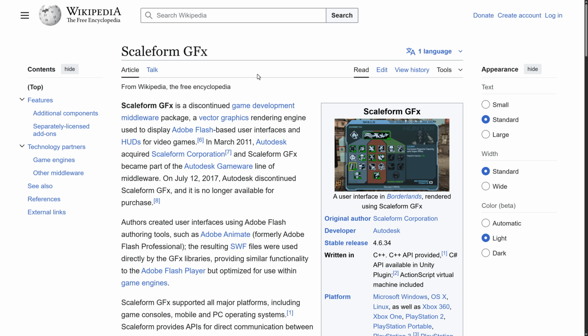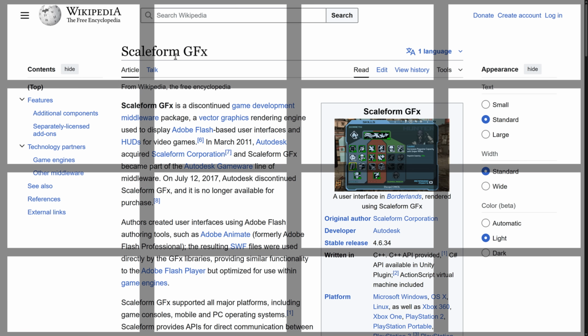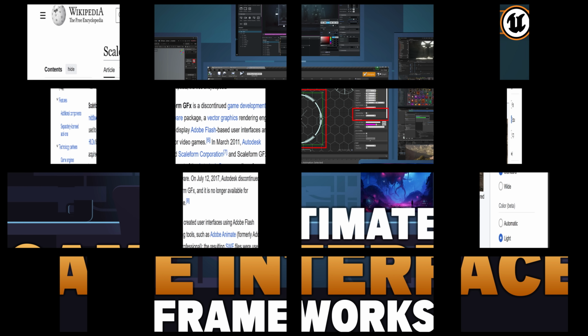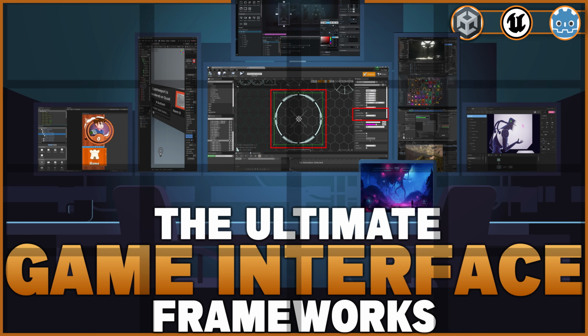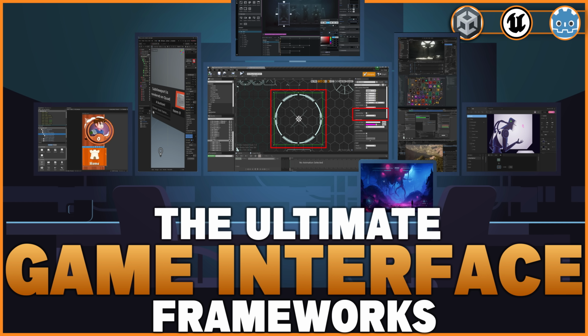So again, coming back to Scaleform, it's kind of the UI layer that started it all. Since then, all of the game engines have their own UI solution. And as you saw, there are some third-party options out there. Let me know if I missed some. No doubt there are more, but hopefully I gave you an idea of what games are using for their UI layer. Again, if you have more suggestions, please do let me know in the comments down below,